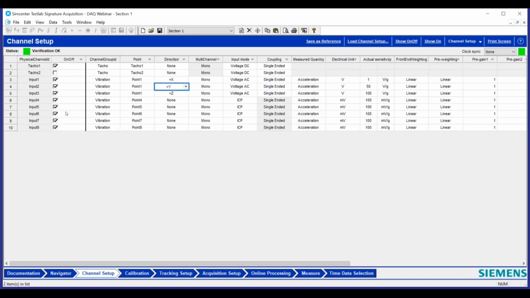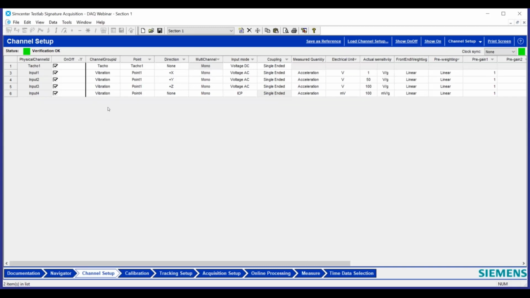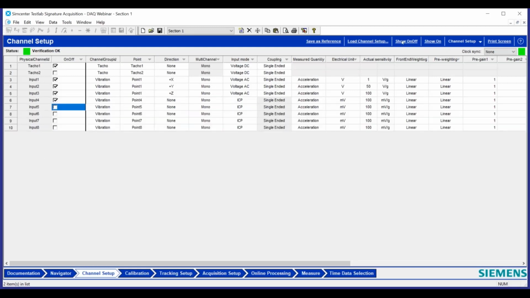Another thing is if you have a lot of channels, in this case, we'll just turn off half of them. We have that across the top. You can just say show on. So let's say I have a bigger front end with the ability to have a lot more channels. I don't have to use all that space just to show all those empty channels. I'm not doing anything. So across the top here, we have show on channels or show on and off channels, whichever setup you desire.